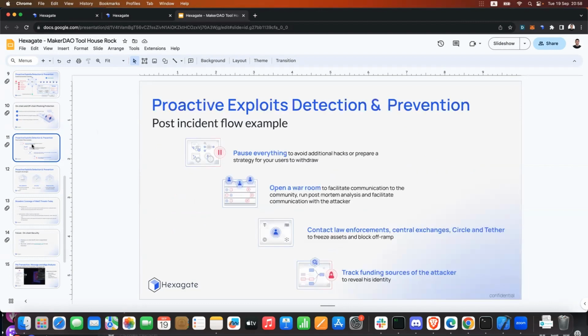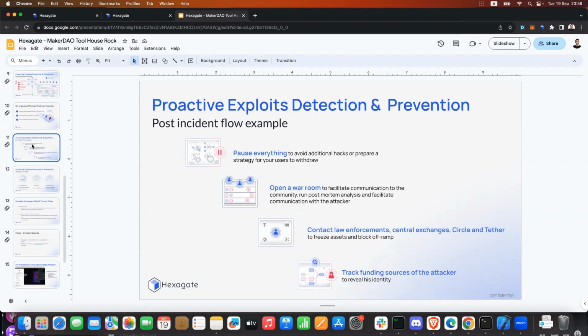Now, on the post-incident workflow, normally we advise on how to protect yourself upfront, pre-incident, and that is having all the notifications in place, having all the tools in place, and so on, just like you asked, but having the post-incident preparation is also important, because in Web3 things happen so fast.